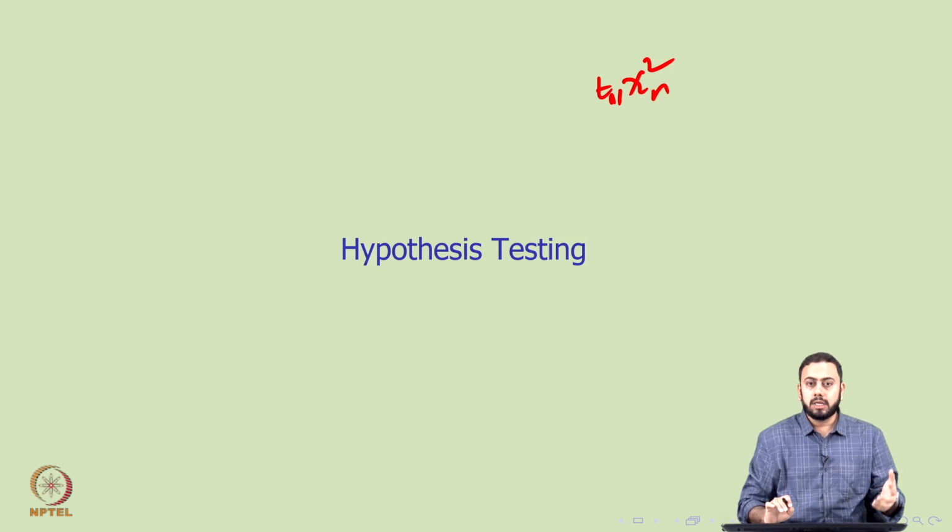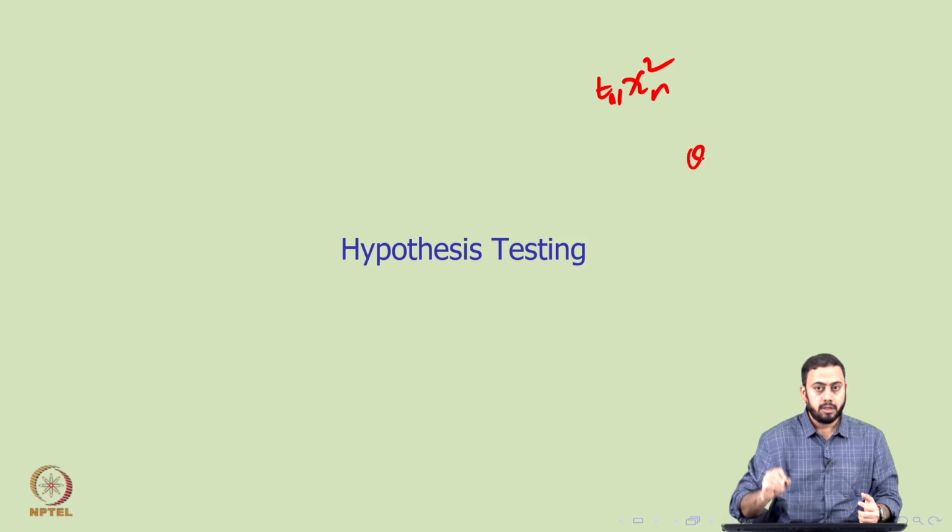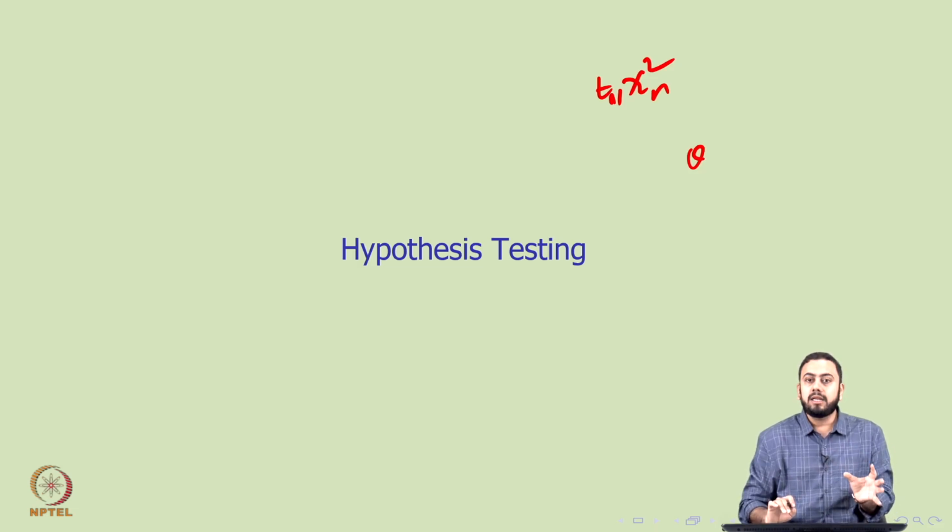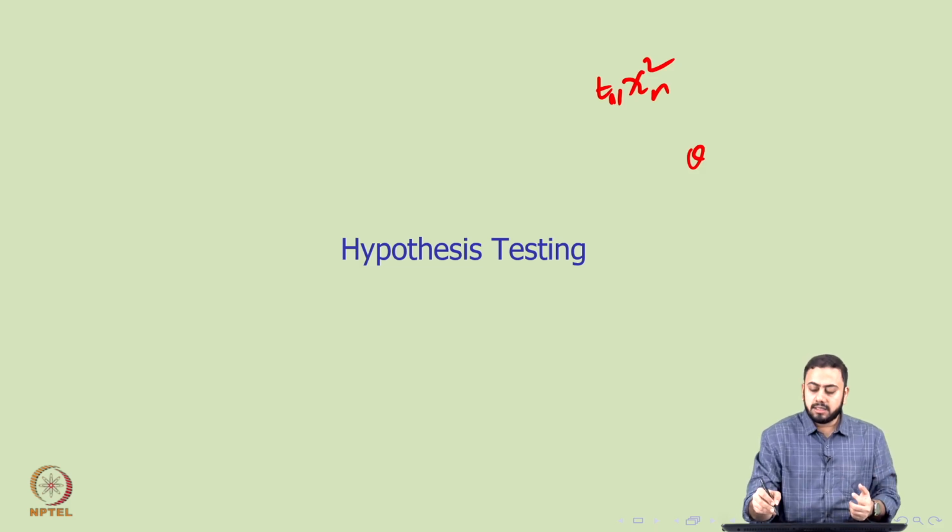And then we spent some time in understanding a few ideas about point estimation. So imagine you have a parameter theta. Let's say you bring in some practical data, and you think that the practical data behaves like a particular distribution, let's say normal distribution. Now again, you look at the underlying parameters of the normal distribution, particularly mu and sigma square. But in general, we can give a notation of theta. So theta is unknown. So what do you do? You have to estimate theta. Theta is a population parameter which has to be estimated from the underlying data or the underlying observations that you have. And then we pinpointed two kinds of estimators.